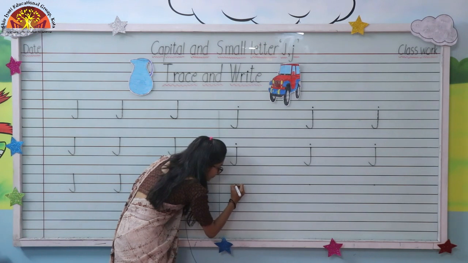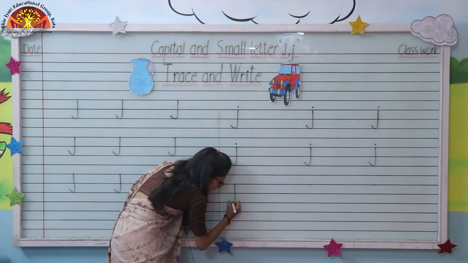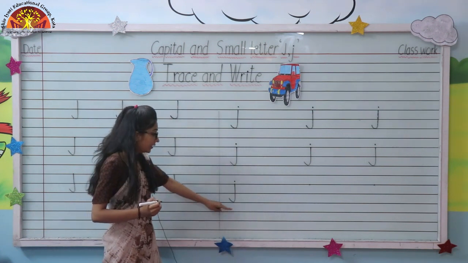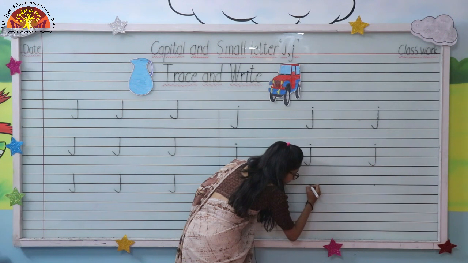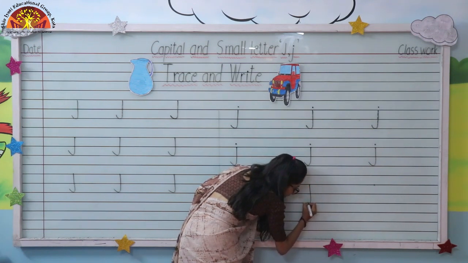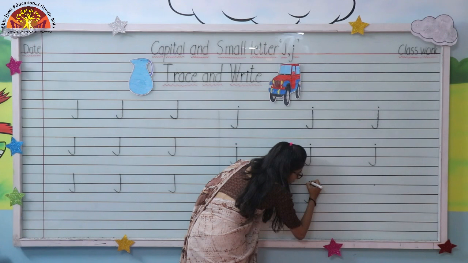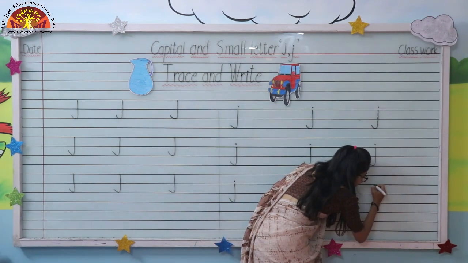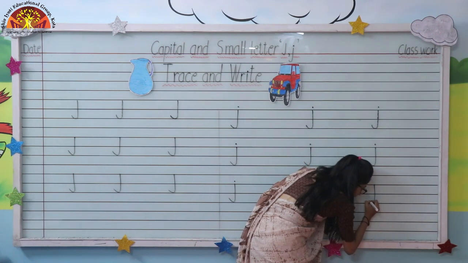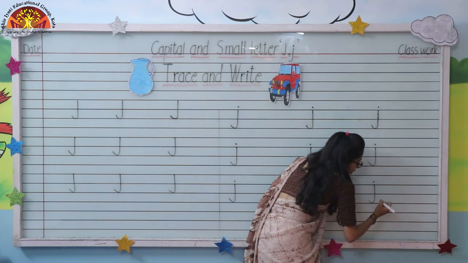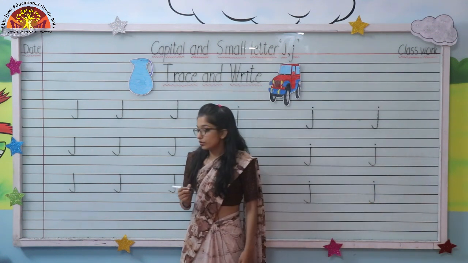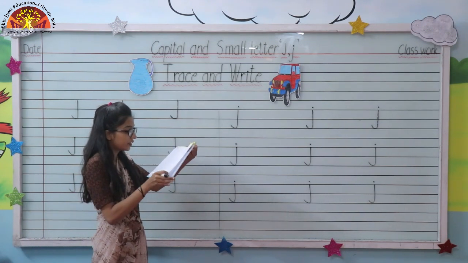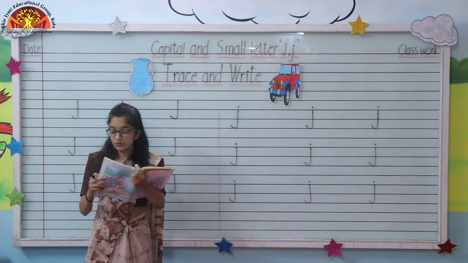Again kids, standing line and turn and put a dot on it like this. Again, standing line, turn, put a dot on it. One last time kids, draw one standing line and turn and put a dot on it. Okay kids, like this you have to complete pages 31 and 32.